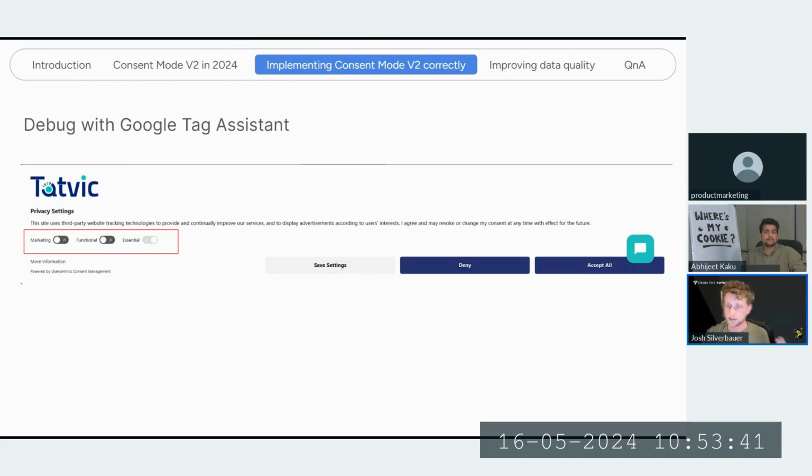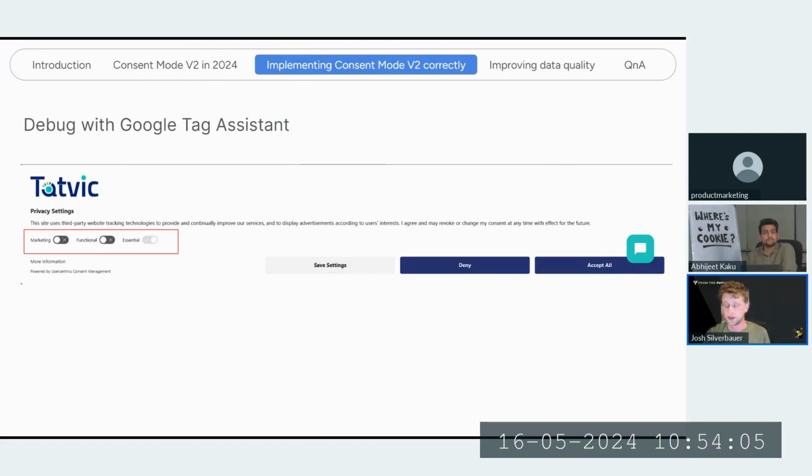Those are often assigned values like numbers, and those values, yes or no based off of the different settings, are passed downstream to Google Tag Manager. So it's important for a consent management platform to be the first thing that happens in the Google Tag Manager world, right?